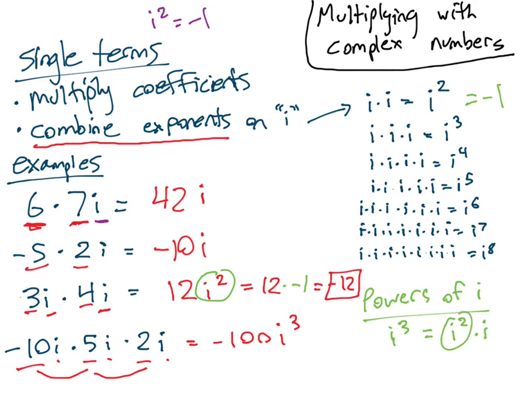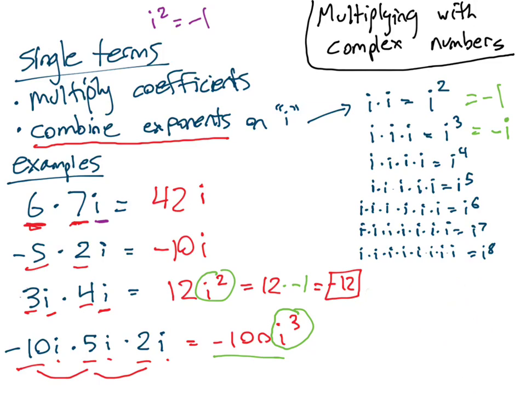And i squared is defined to equal -1, and -1 times i can be written as -i. So i to the power of 3 actually simplifies to equal -i. So in this final example we've got here, this i to the power of 3 we can rewrite as -i, which gives us the answer